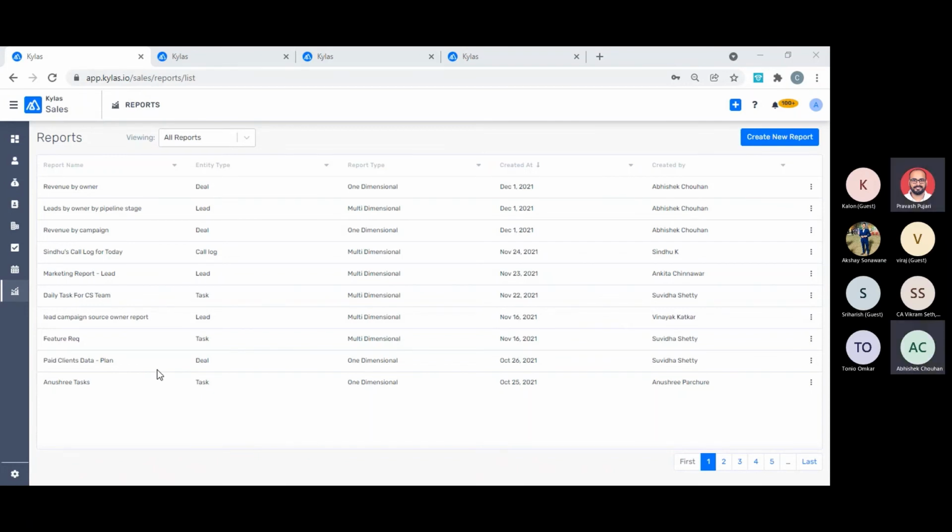So Abhishek, here's a question from Mr. Vikram. It is not related to reports basically. Do you want to address that right now, or should we wait until you complete this report part? If it is not related to reports, then let's take it after the webinar. Okay. Yeah, I have a doubt. Shall I continue? Sure, sure.